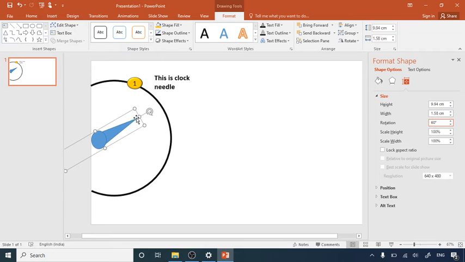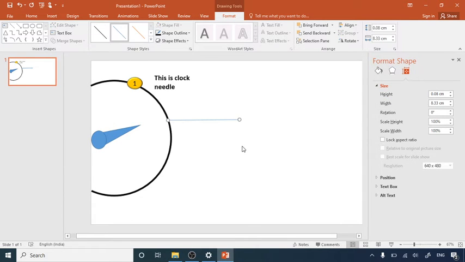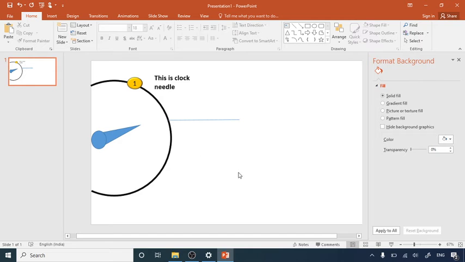For 60 degrees you have a position like this. We'll go for 70 degrees, increasing by 40 degrees for 40 degrees, so I'll go for 70. For the 70 degrees you have a position like this. I'll choose a straight line over here and draw one line over here. So this is your another bullet point position.